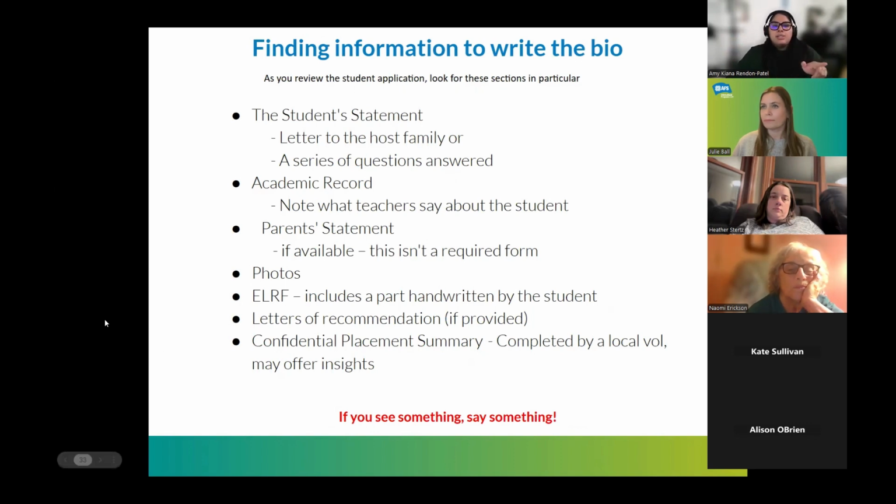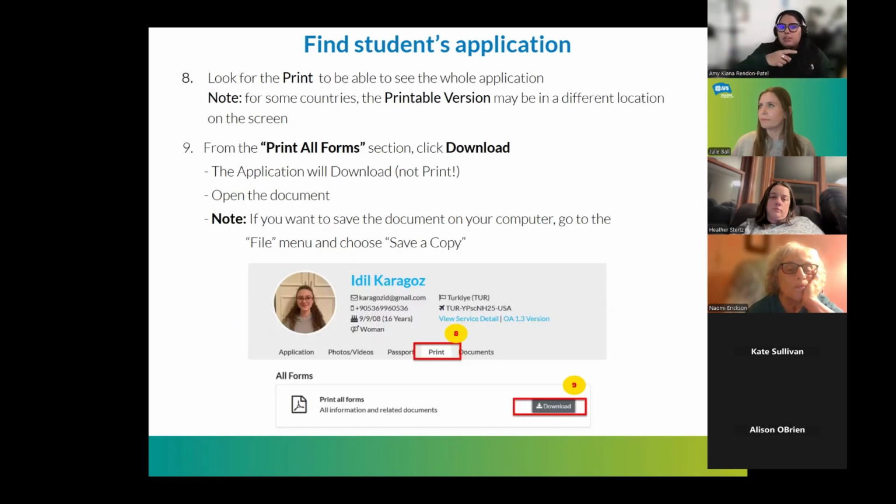Sorry, just to add, if you do it in the way that I showed prior, you will not get all the forms that are needed for those Palm applications. So it's very important that when you're reviewing a Palm application, which is the version that you see right now on your screen, that you do it through the print page and then the download section instead of the ones that had the PDF icons. It's very important because for these, there are different forms. And if you do it the other version, you will not get all the forms for these. So I just want to make sure everyone understands that.